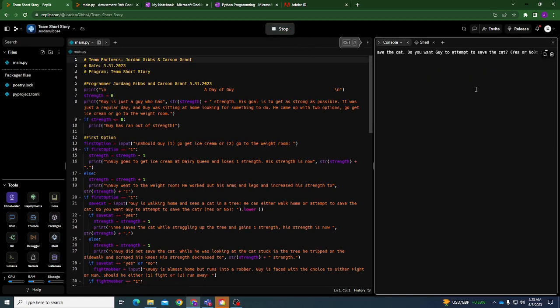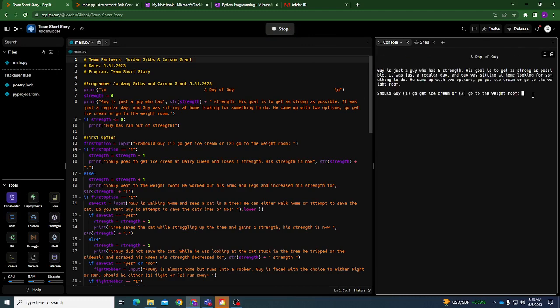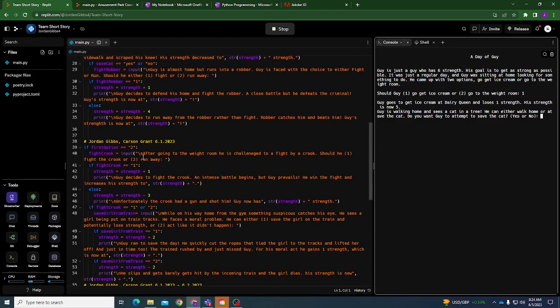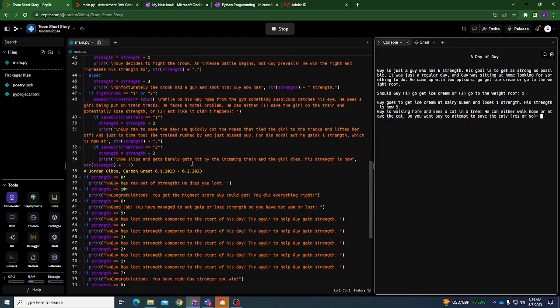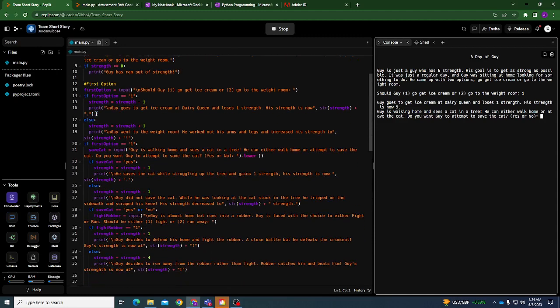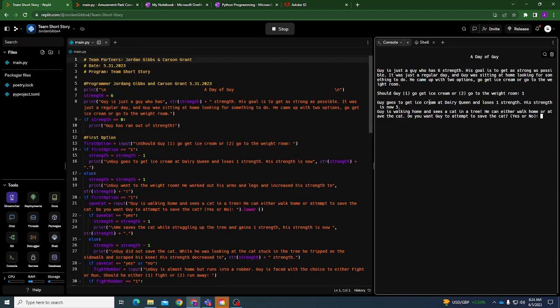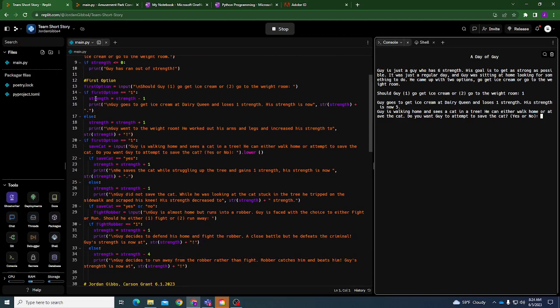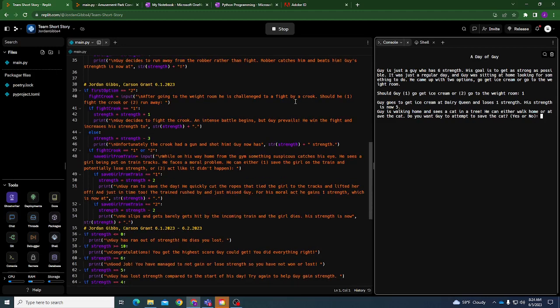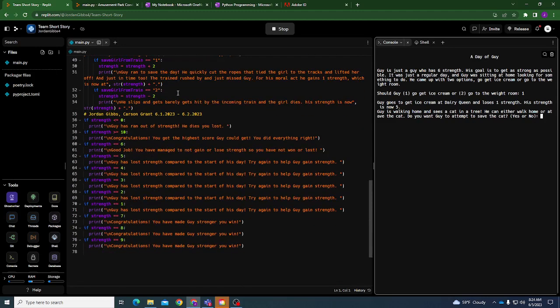Let's start this up, and let's say he goes 1, then we got our first option here, and then we have a whole other option here. It's just a bunch of code, but we have our first option. If he takes the path to get ice cream, then he goes down a whole different path than if he chose to go down the weight room. It did take some time to figure out how to get all this together.